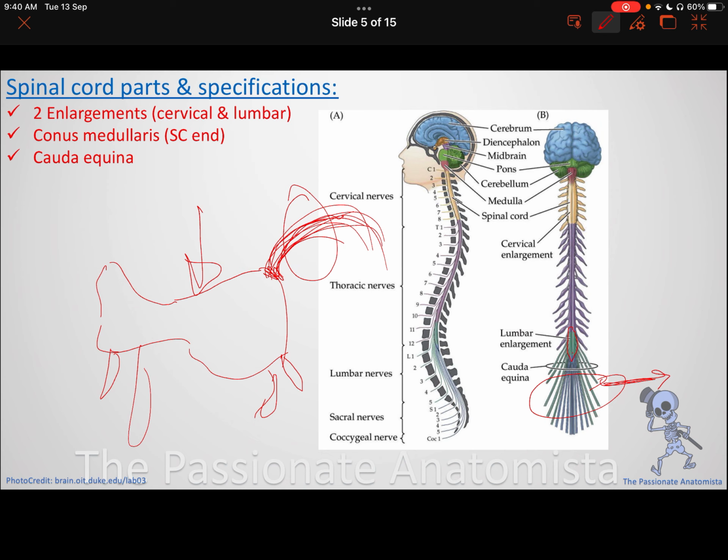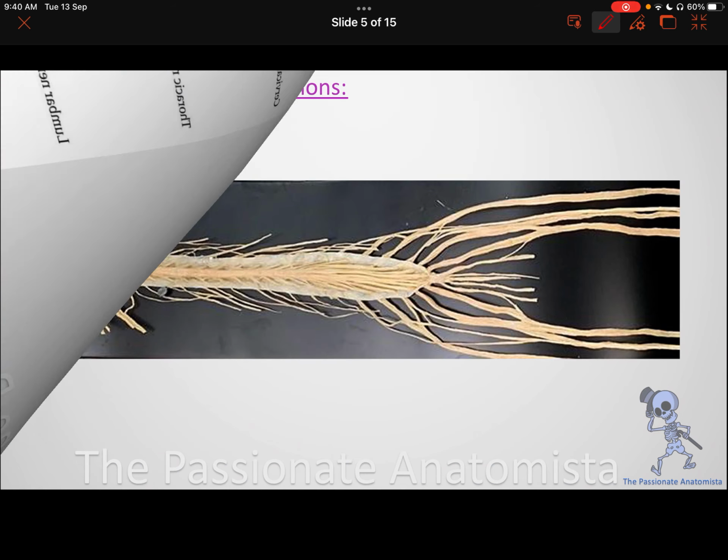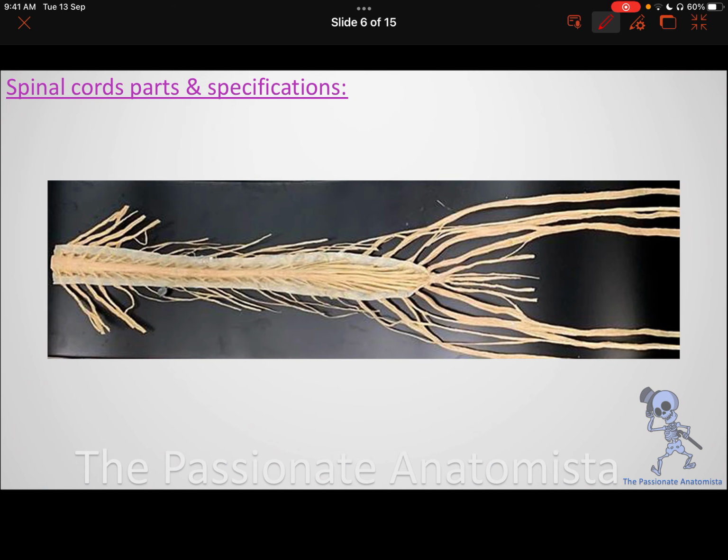So if I have the segment here, even if it's an L3 segment, no problem, it's going to be above L1, but the spinal nerve L3 needs to exit down at its level. And we're going to see now how we can know the levels of spinal cord segments in relation to the vertebral column. All right. So we've already talked about the spinal cord and the two enlargements we have,